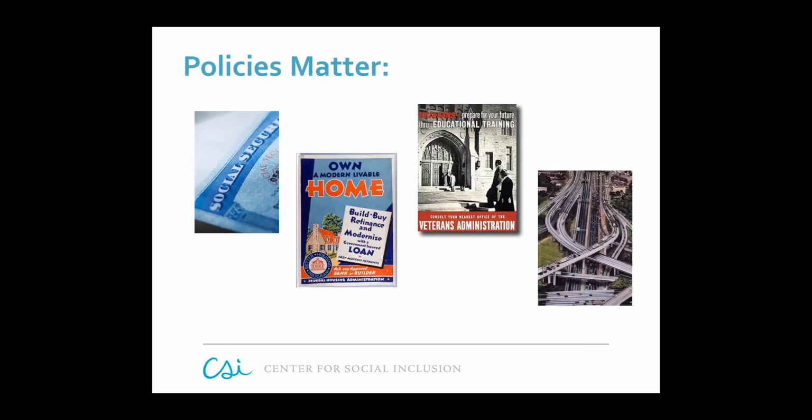Now, instead of creating opportunity for all families, these local, state, and national policies restricted families of color to low-opportunity communities with high unemployment, declining tax bases, underfunded schools, and health and environmental hazards. And so what does this mean? It means that these policies lifted millions of white Americans out of poverty and into middle-class home ownership and had detrimental long-term impacts in communities of color.